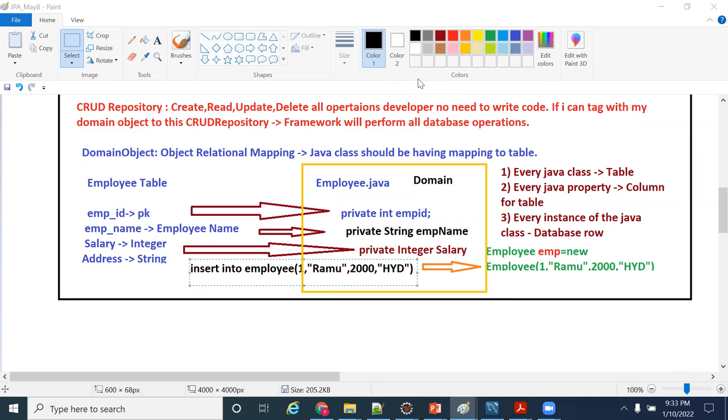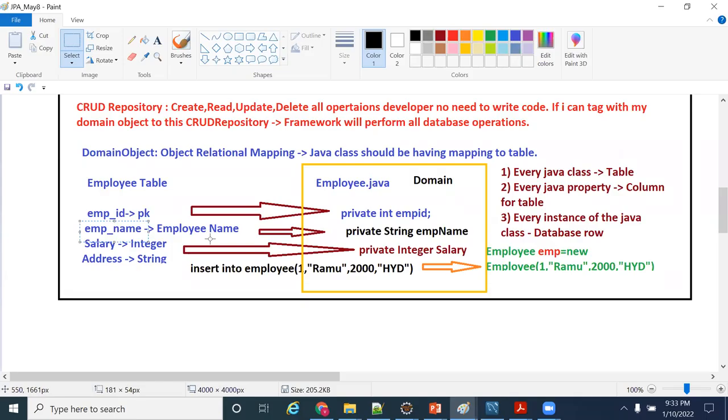Any other questions by anyone? Sir, one question: this employee ID is a primary key, right? Is there any differentiation that we will do in the property? I'm going to explain, it's a very advanced question. Yes, we have a differentiation, because this is a primary key and this is a non-primary key. We'll need to differentiate, right? It's an advanced question as of now. I'm going to explain that in my example now.